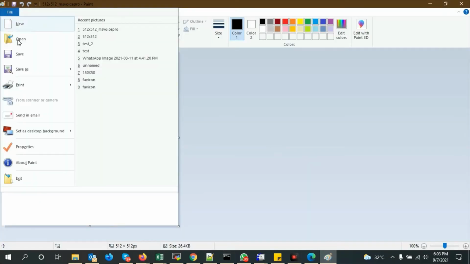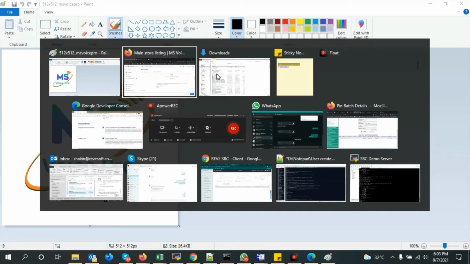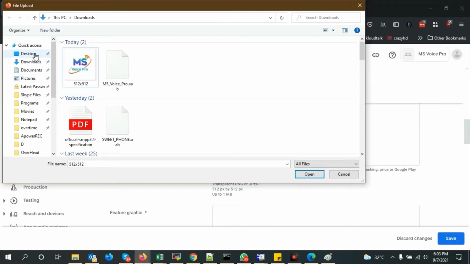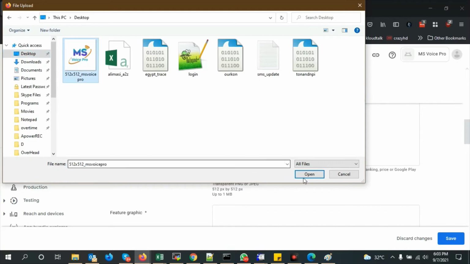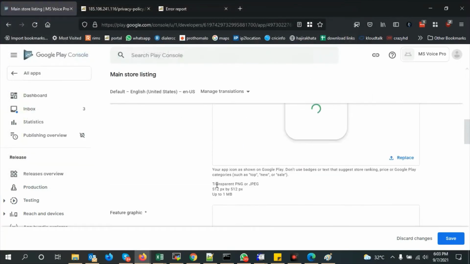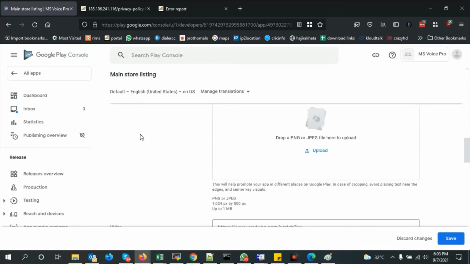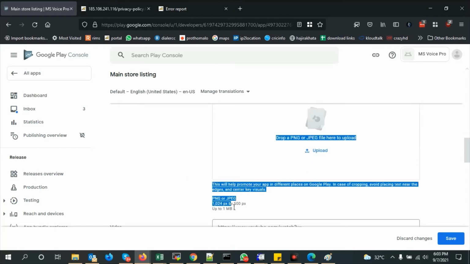Saved here, save as desktop. It's saved in desktop, so we need to upload it from desktop. This one. The desired size of this image is 512 by 512 pixels, and it's up to 1 MB in size, so it's uploaded. Then we need to go to the feature graphic, and its size must be 1024